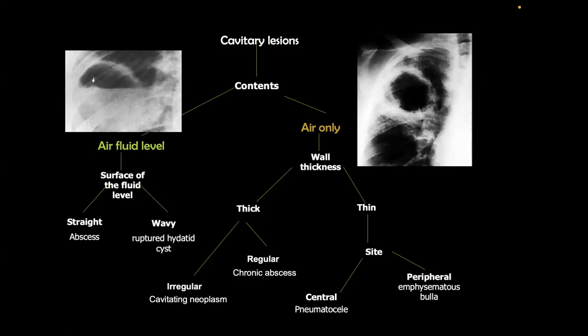This one, the pneumatocele, the cause is quite different. It could be due to infection, could be due to trauma, and there are so many. But concerning the imaging, pneumatoceles are usually very thin-walled, containing gas, of course. As we can see here in our diagram, it's located at this site and not that one. So it's containing gas only, it has a very thin wall, and the background of the lung is very clear.